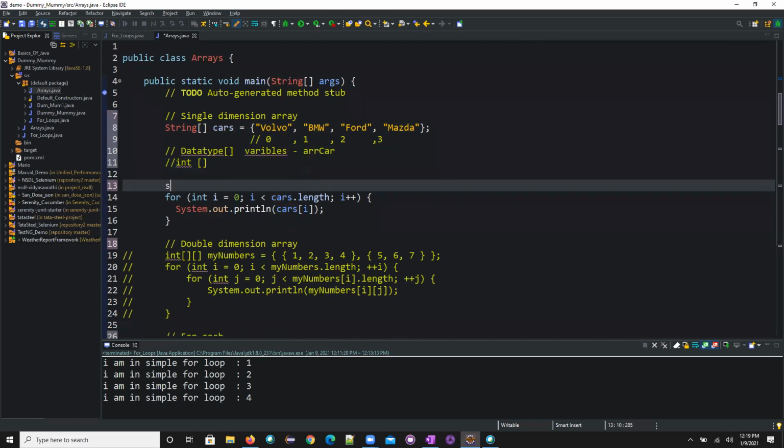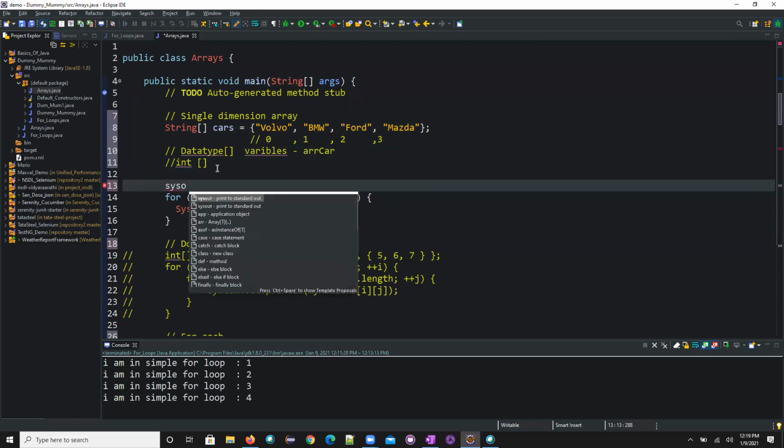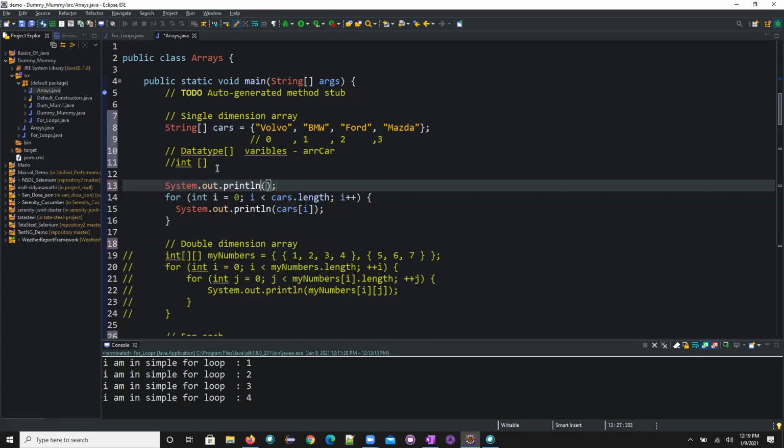How should I define it if I want to print the BMW? I want the value of BMW, so how do I get it?